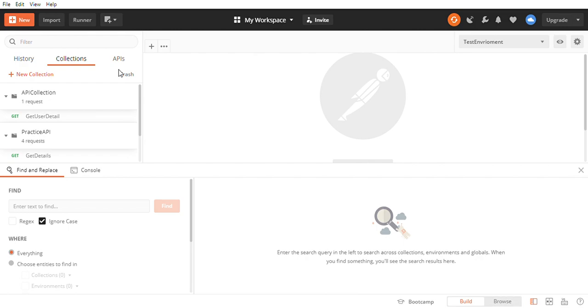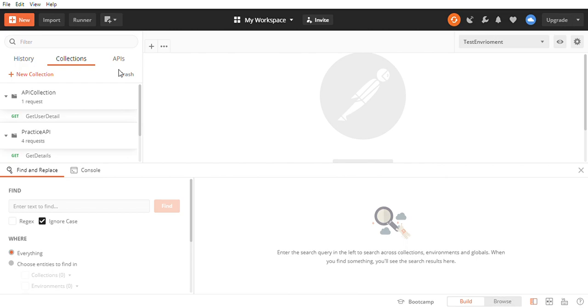Now you are using the same base URL in many requests, and sometimes you need to change that base URL. Whenever you need to change it, it becomes a very difficult activity to change the base URL in many different requests. To overcome this situation, data parameterization comes into the picture.